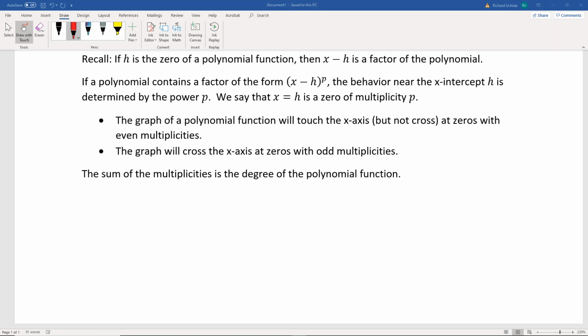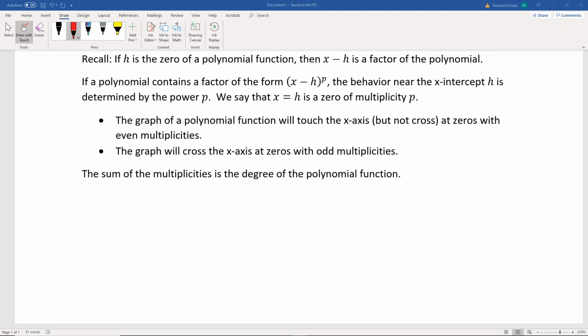Recall, if h is the zero of a polynomial function, then x minus h is a factor of the polynomial. Now, if a polynomial contains a factor of the form (x minus h) raised to the p, the behavior near the x-intercept is determined by the power p. Now, one thing is that we say that x equals h, so h is a zero of multiplicity